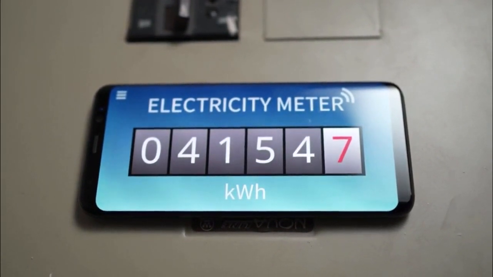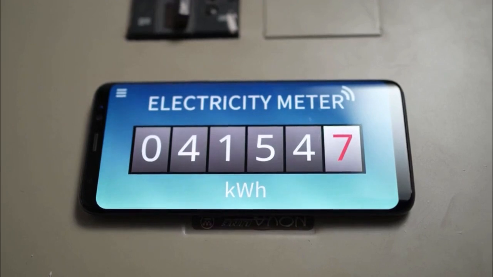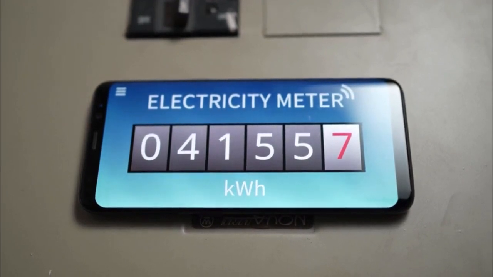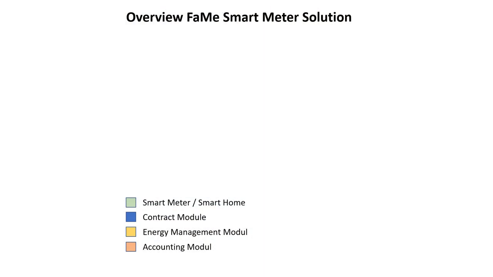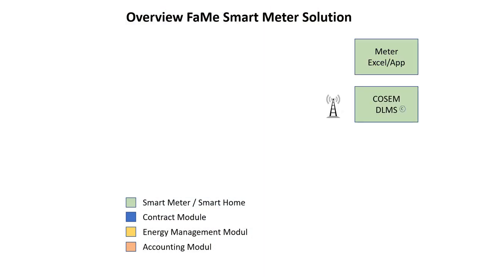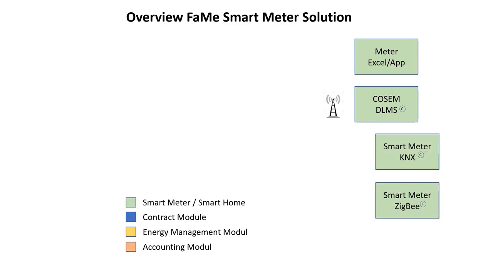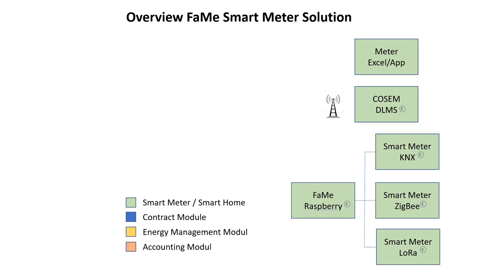The next slide gives an overview about the FAME Smart Meter concept. FAME offers a mobile app solution to enter the meter readings manually or with RFID, beacon, or NFC reading on-site. Smart Meter with SIM card data connection is an option to read the meter value automatically with an existing mobile phone network. FAME offers the Smart Meter integration realized with standard smart home networks like KNX, Zigbee, LoRa, or other